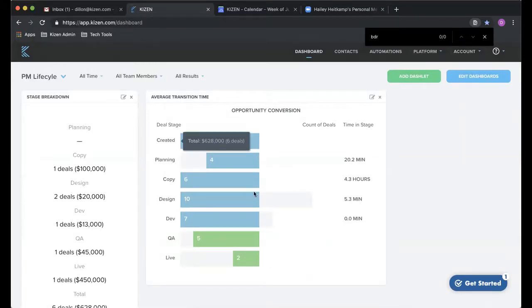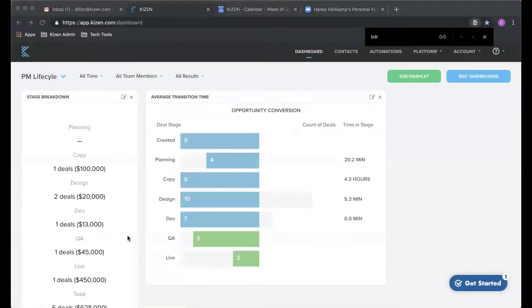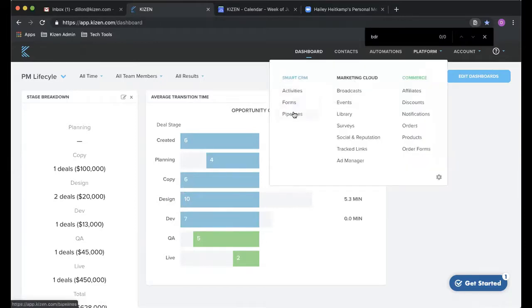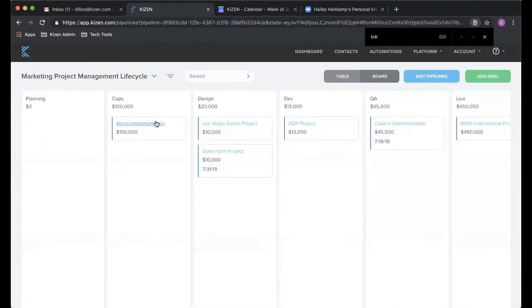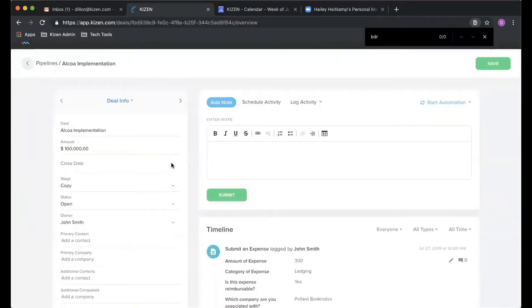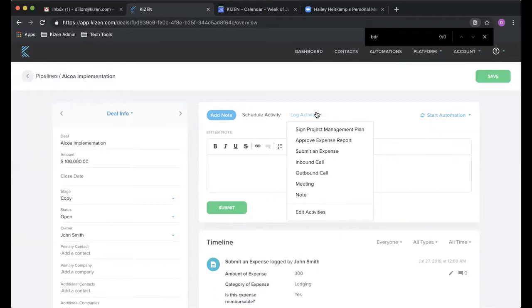So that is the dashboards. Let's look at actually submitting an expense, right? So Kizen has these entities as activities, right? So if somebody wanted to submit an expense, they would have to log an activity on the actual project, right? So if I go in here to Alcoa implementation and I wanted to log an activity and submit